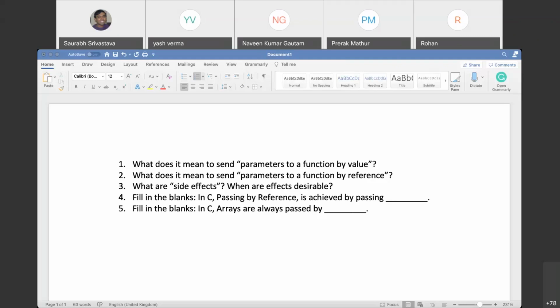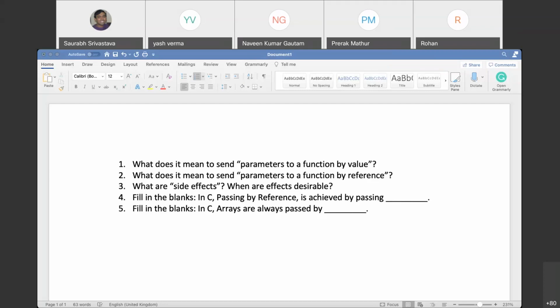In the first question, which is what does it mean to send parameters to a function by value? By default, if you create any function and you pass the variables to it, they are passed by value. So in this, we just copy the value of our actual parameters into the formal parameters, and then in the function definition we operate upon the variables, and then we return an output which is used in the main function.